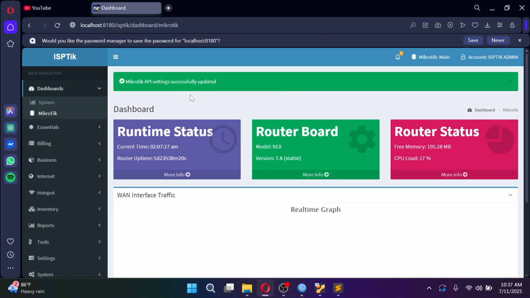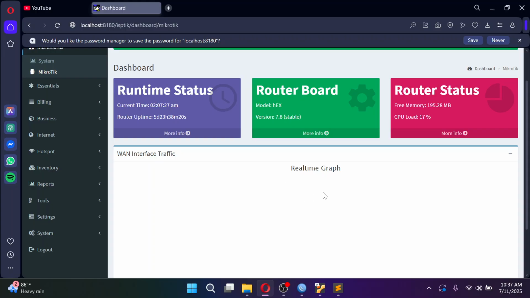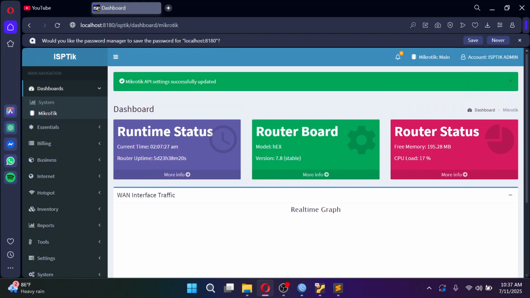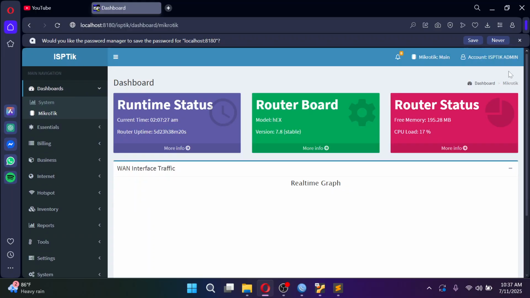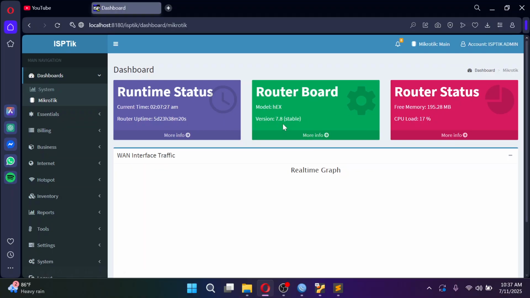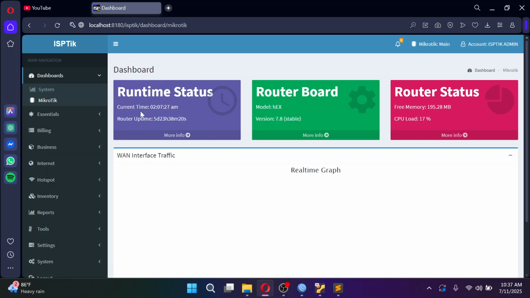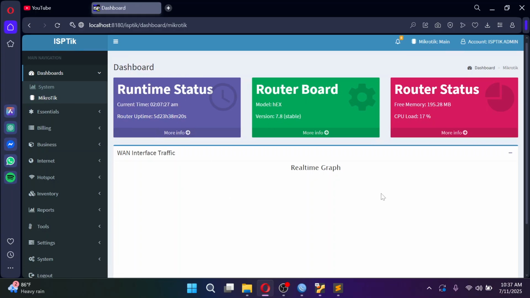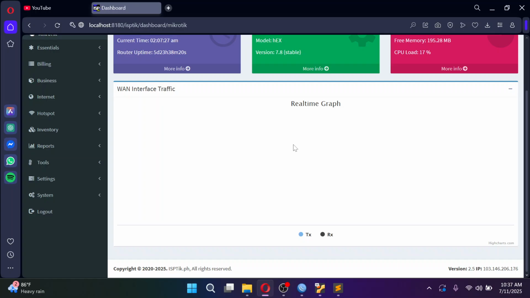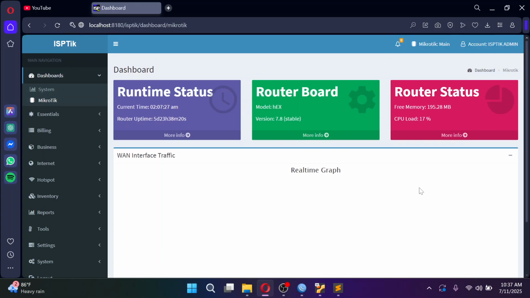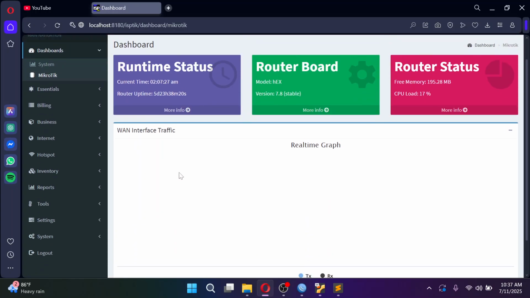So if successful, you will be redirected to the dashboard MikroTik page, and then it will display the RouterBoard, the model and the version, and the memory, and then the uptime. So not yet. The first thing you will notice is that our WAN interface traffic is not displaying a real-time graph.